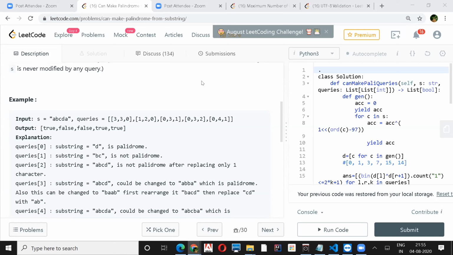So we take the substring and take the count of the substring and see if it is zero odd count or one odd count. Either of them is a palindrome. We don't have to worry about all the odd counts. If the k value is greater than half of those odd counts, then we'll be able to obtain a palindrome. So, extra k.